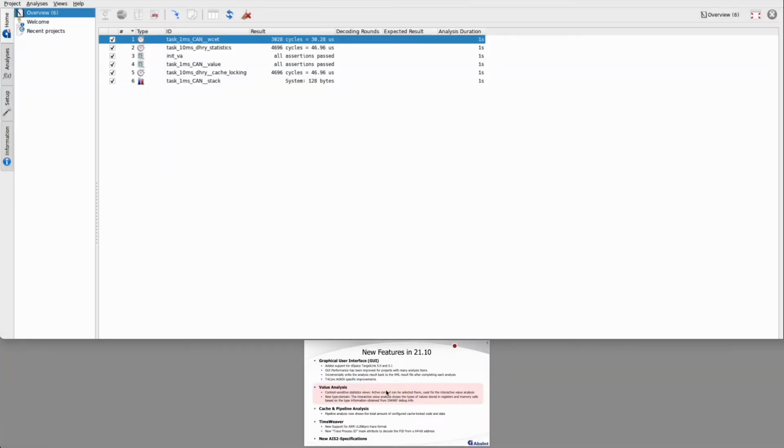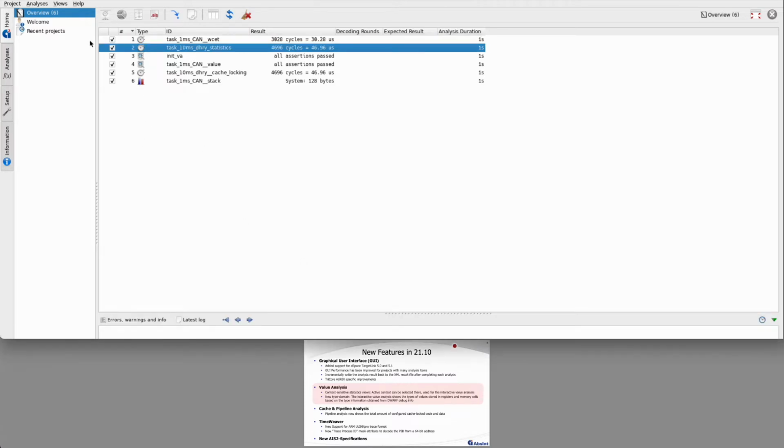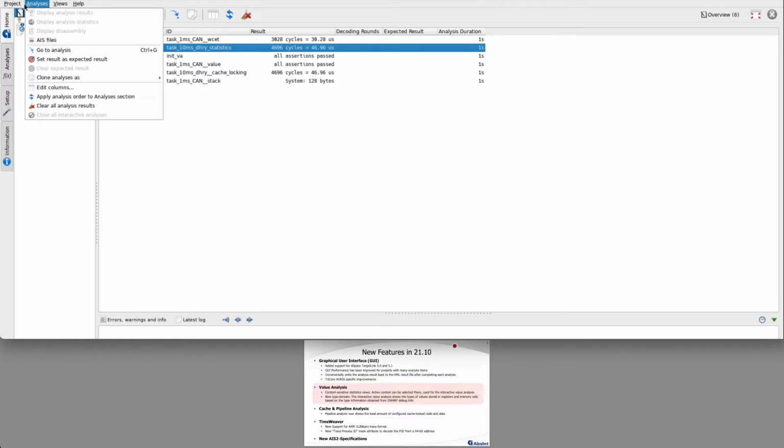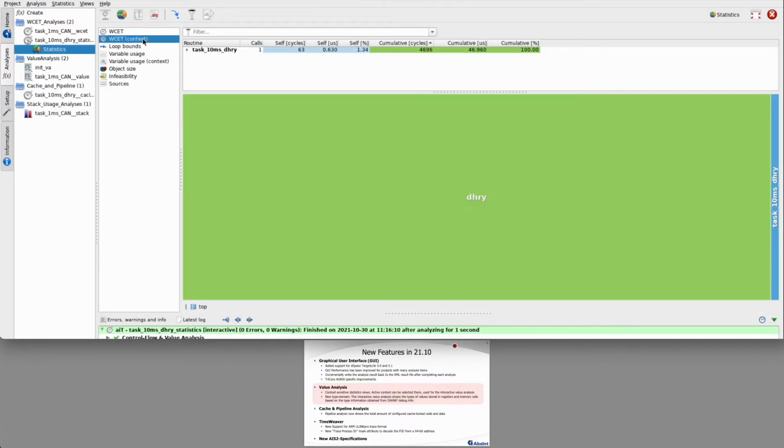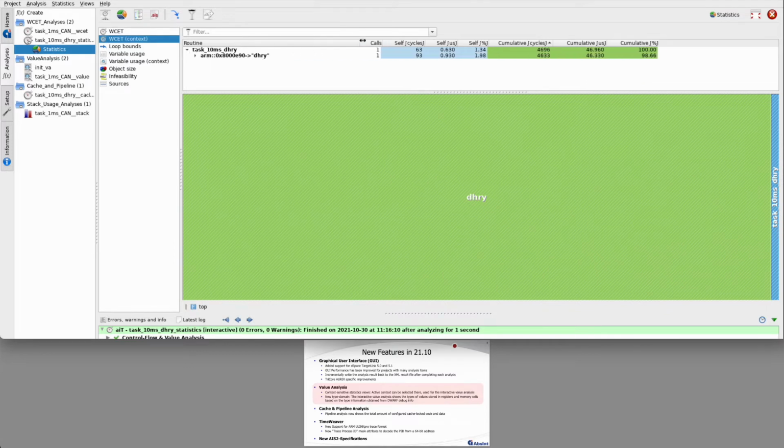Let's come to the value analysis improvements. We can now set an active context from within the context-sensitive statistics view to use later in the interactive value analysis exploration. Let me show you that. So if we analyze the 10 millisecond task interactively and open the statistics, and we go to the context-sensitive WCET